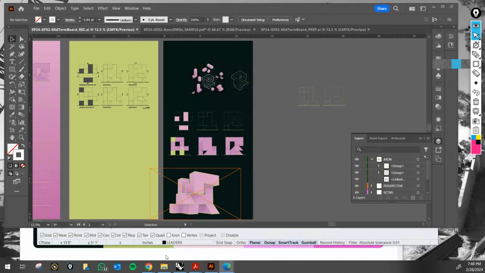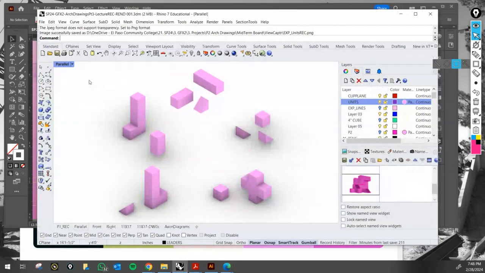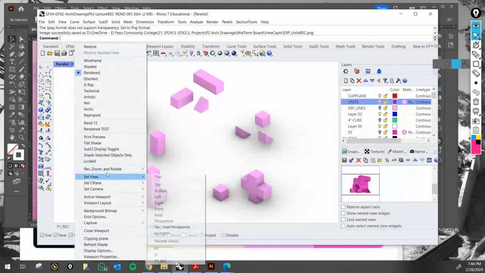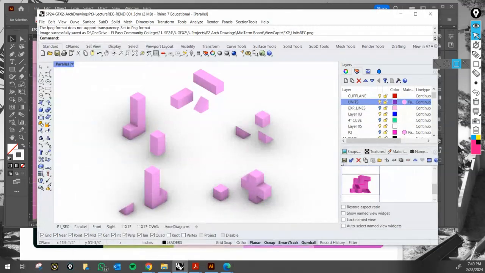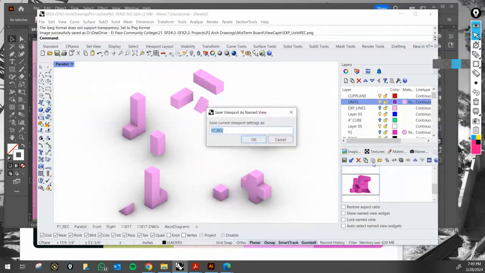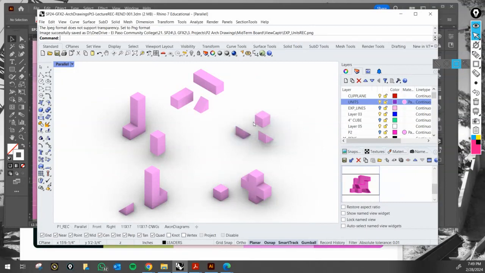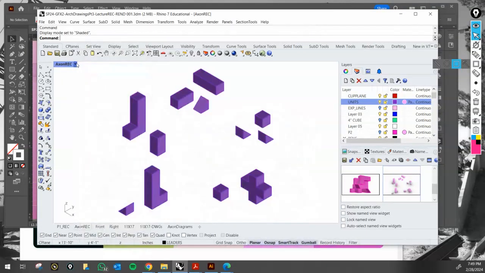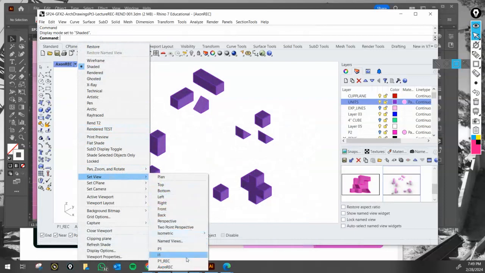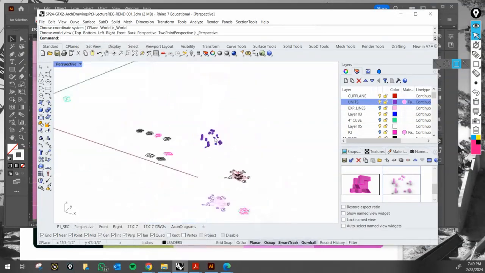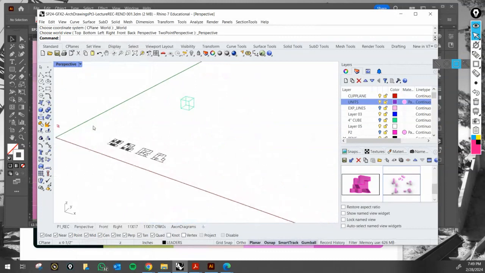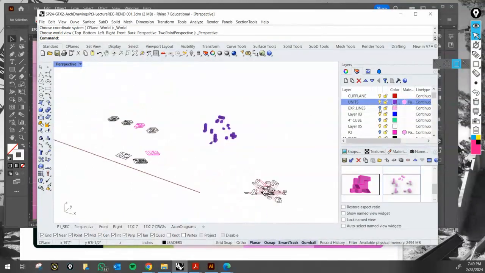Hey class. So another neat little graphic that I wanted to share with you guys, and just learning from this. Actually, I'm gonna save this. Call this the accent, just for reference. Okay. Go back to shaded, set view, perspective. Another graphic that I wanted to share with you guys, and let me turn back on some of these